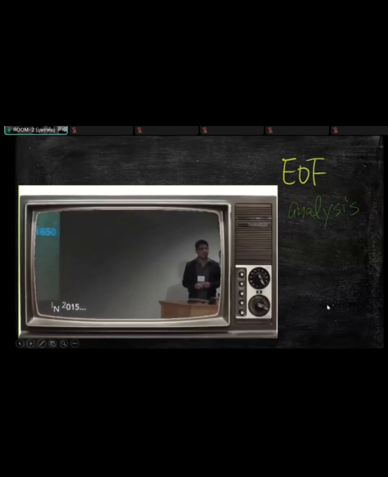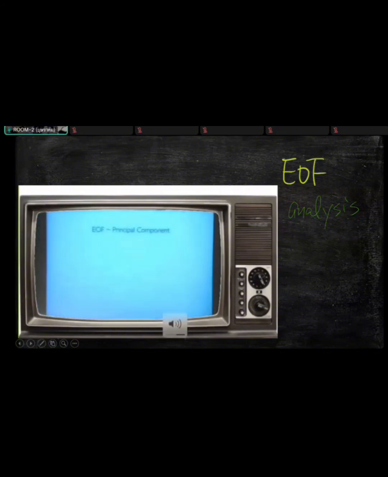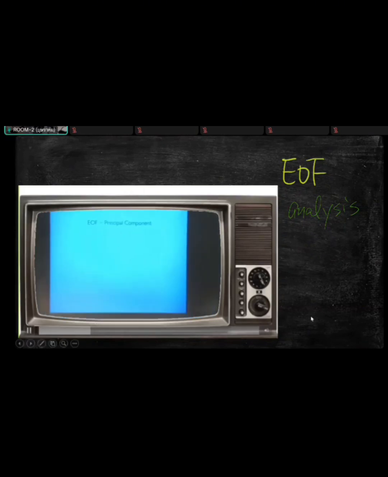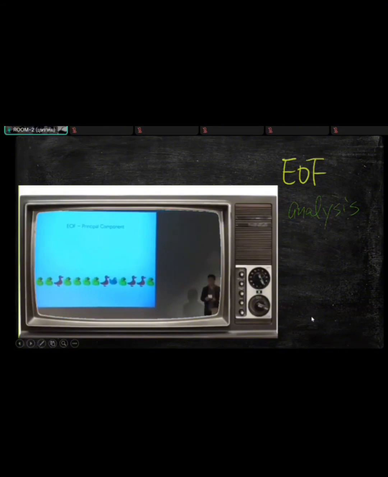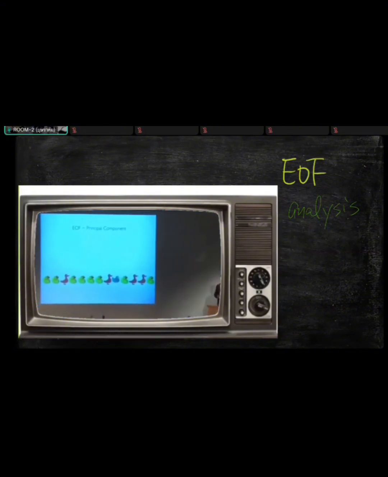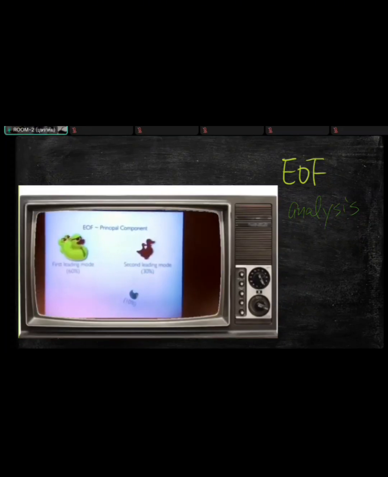Now, I want to introduce a different diagnostic tool called the EOF analysis, or some people call it principal component analysis. This is an introduction to that. I purposely put in the OTV because this was the presentation I gave in 2015. The EOF analysis is a statistical tool that, if you throw at it many, many different points of data, will find patterns for you. Then it organizes the patterns into groups and gives them proper weightings. In this case, the yellow dots represent the first EOF and the red dots represent the second EOF.